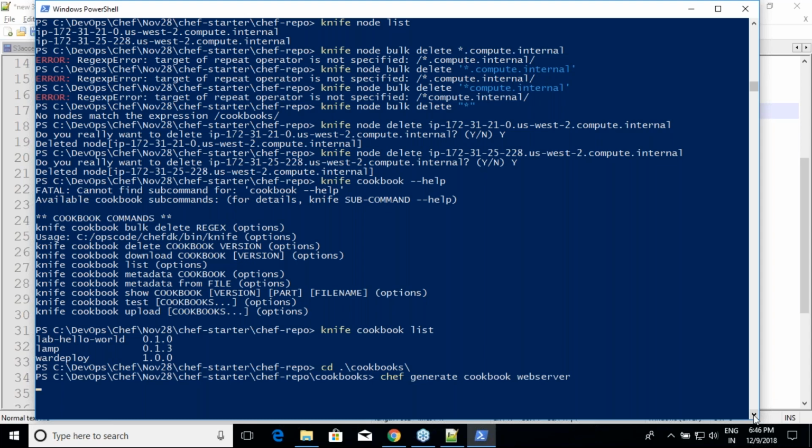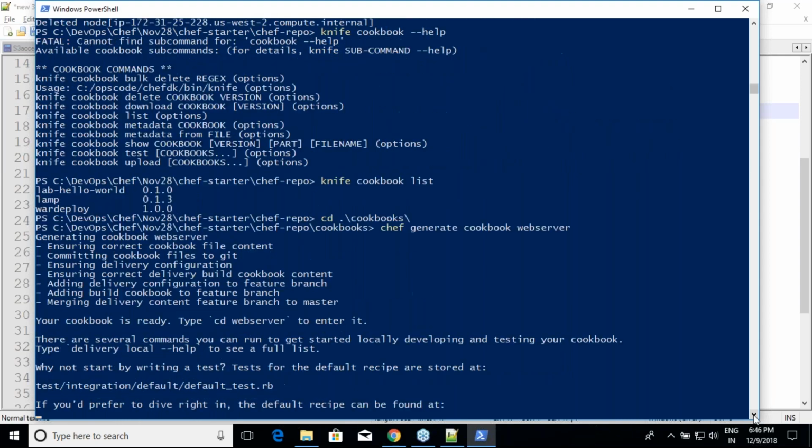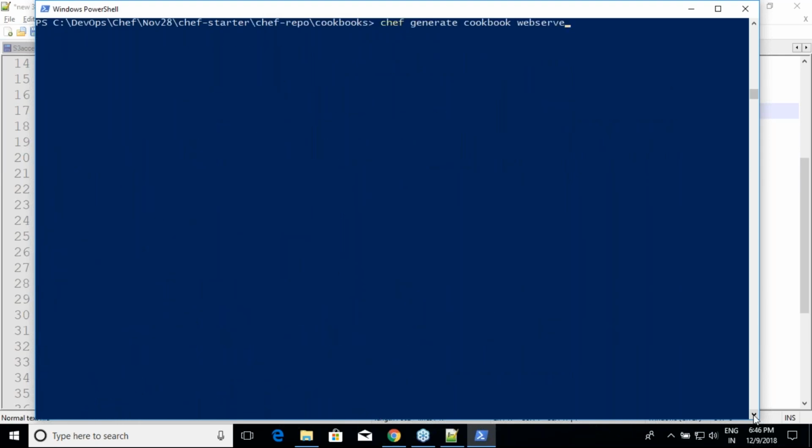And after that, I'll be creating one more cookbook called DB server. So I'm going with an environment where we have some dummy cookbooks called web server and DB server. And we'll have two environments, two or three. You can make it three also. It will work anyway. For now, they might not be functional because we are not writing any fancy stuff.